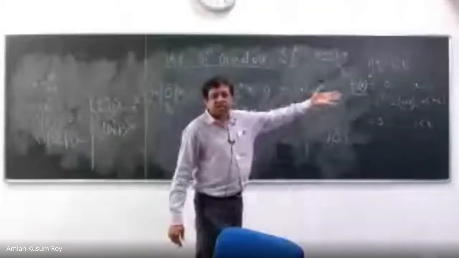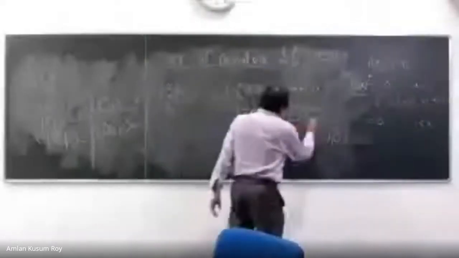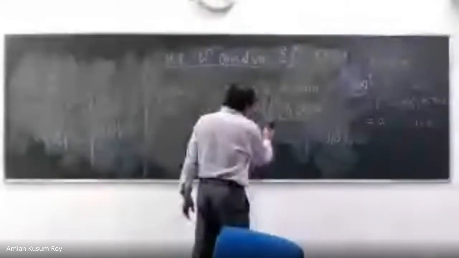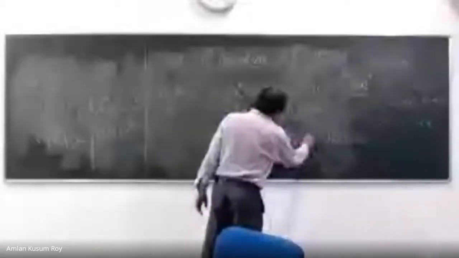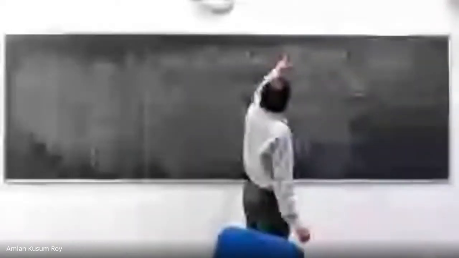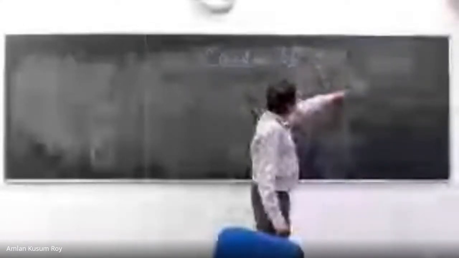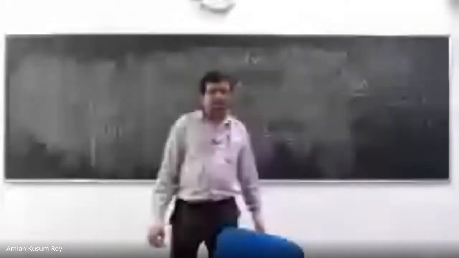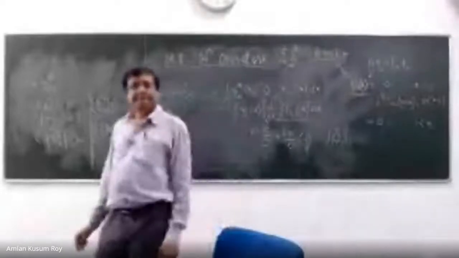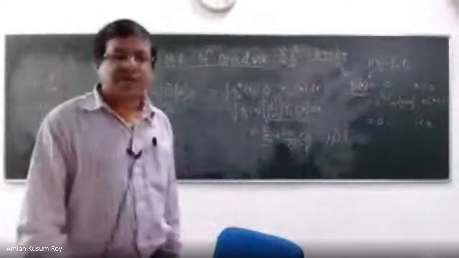The meaning of H psi 1 is that it gives you E1 psi 1. That means instead of writing this, minus h cross square over twice m d square dx square, because you did not have this factor, if you take minus d square dx square on psi 1, that will give you what? Psi 1, right? So don't you see that I can use that expression to do this? Yes or no?